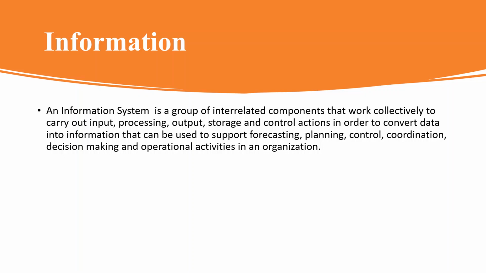So note, we started with a system which was not necessarily a computerized system, but it was any type of system. And then we come to information systems, which in our case are systems used for inputting, processing, and producing output, and doing control actions for the purpose of producing information. Usually that is used by managers to make decisions, but at the same time that information is used for supporting, forecasting, planning, control, coordination, and of course all those are functions of